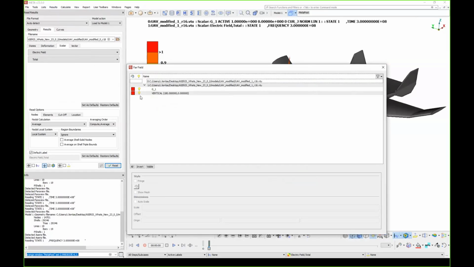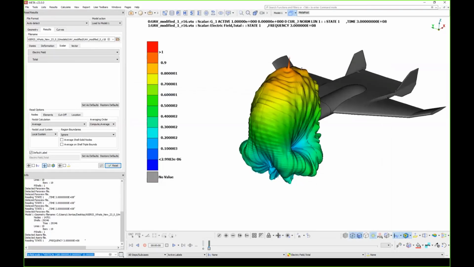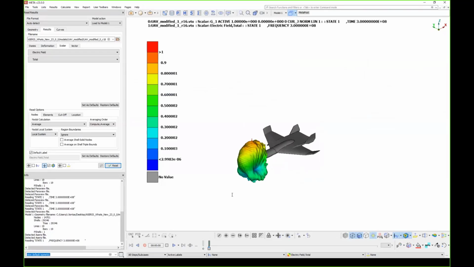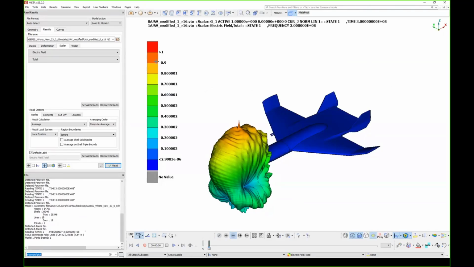So here you have two sources, so that's why you can activate both, or you can deactivate one for the far field. So this is the main field of the antenna, G1. And you can, for example, scale it. You can say, okay, scale 1. And furthermore, you can hide this PID here in order to visualize at the same time the currents.